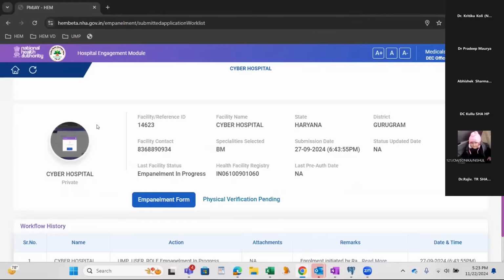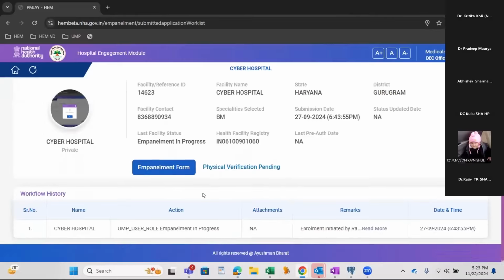So if you see all the details with all the mandatory details, empanelment in progress. This is the empanelment form.